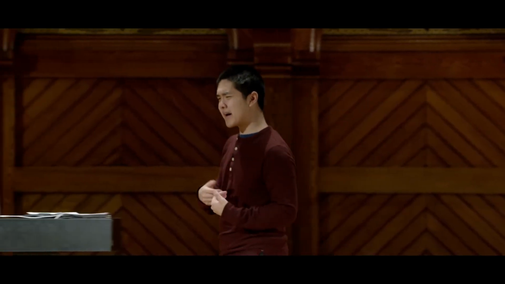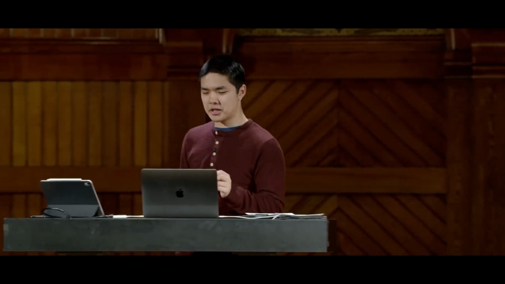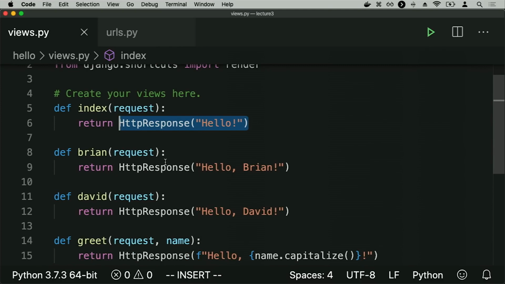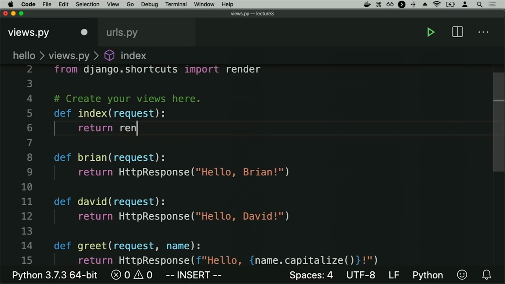And so the way we can do that is, instead of returning an HTTP response, let's say for this default route, instead of returning an HTTP response of hello, let me go ahead and render. And when I render something, I need to pass in the HTTP request. But I'll also pass in the name of a template. And I'll go ahead and call this template